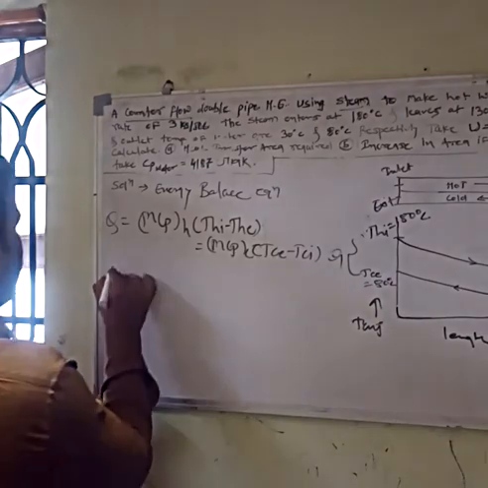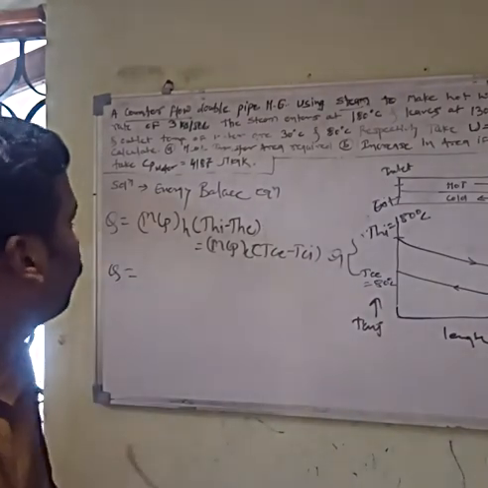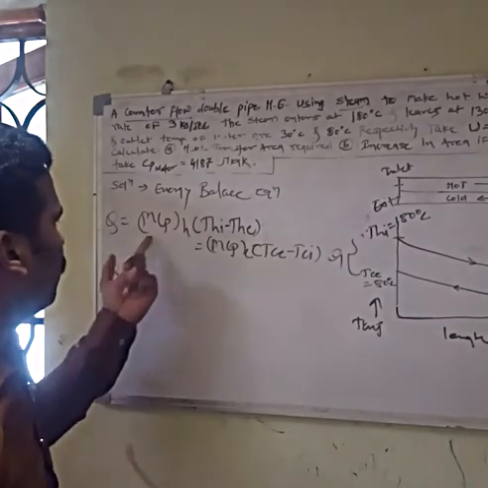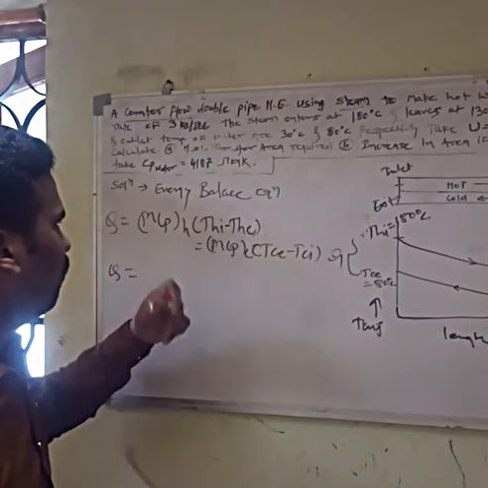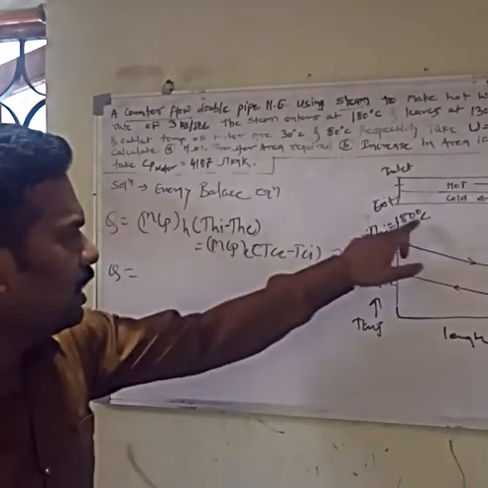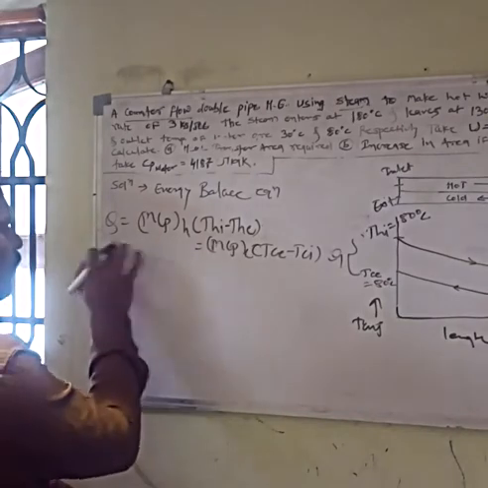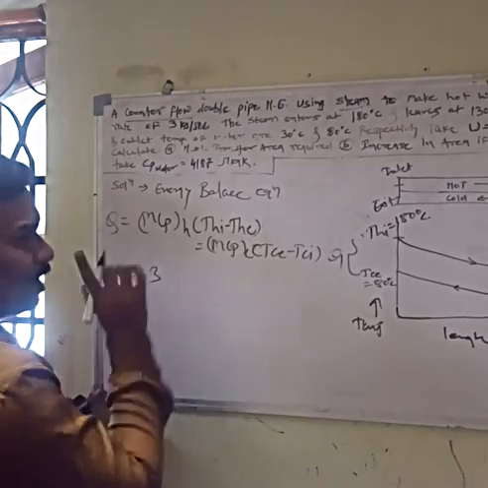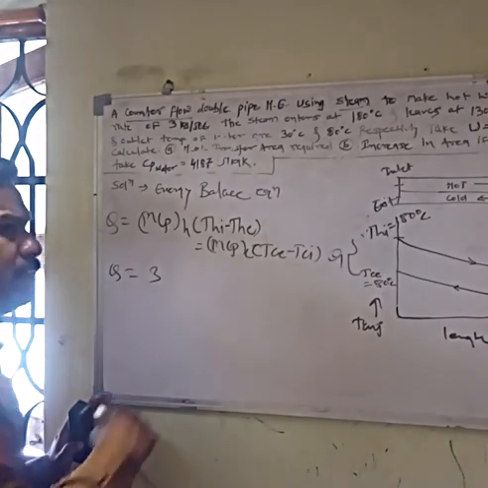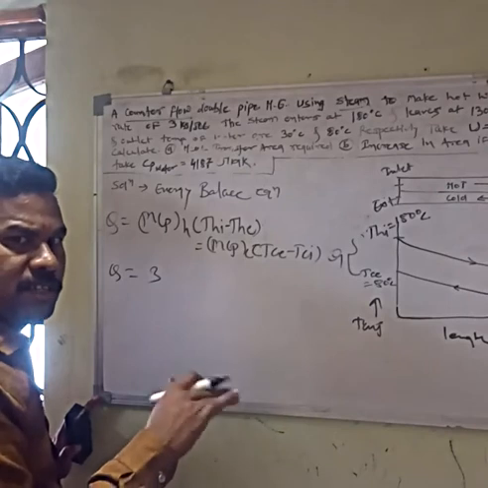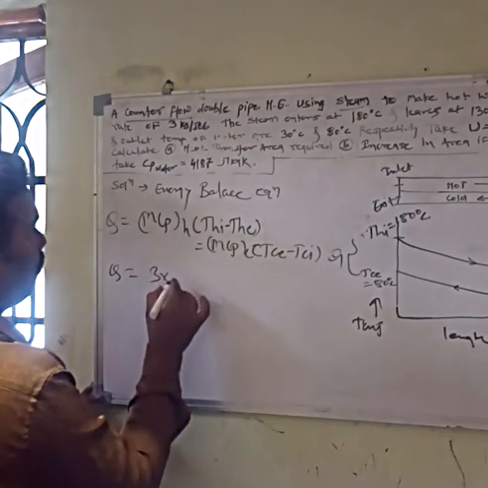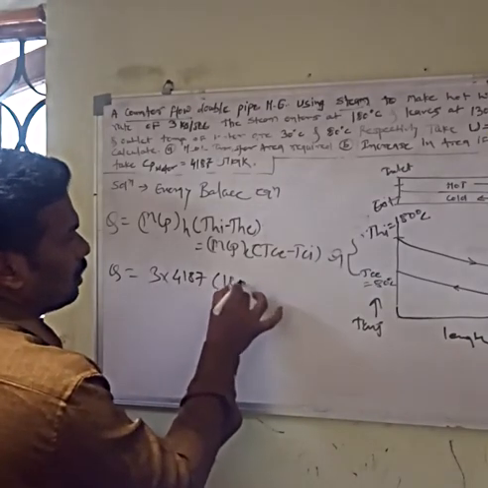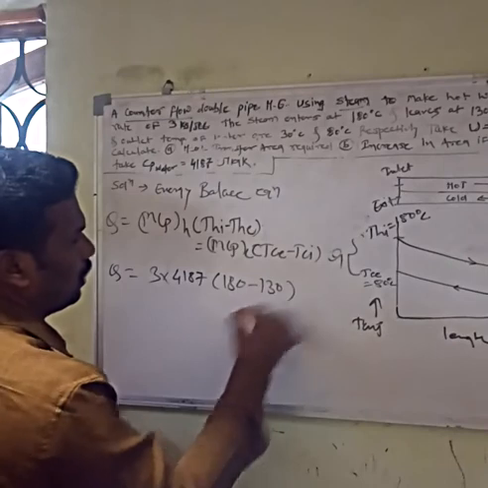Now from this table or from previous table we can say that we have the mass flow rate of hot fluid, Cp of hot fluid, and also Thi and The. So by using only these we can find the value of Q. So just put the values. m is 3, it is always in kg per second. If it is given in kg per minute, convert it into kg per second. So 3 multiplied by 4187 into bracket 180 minus 130. Here Thi is 180 and The is 130.